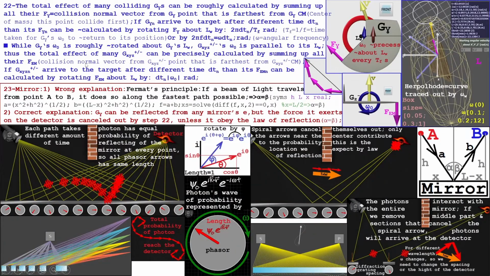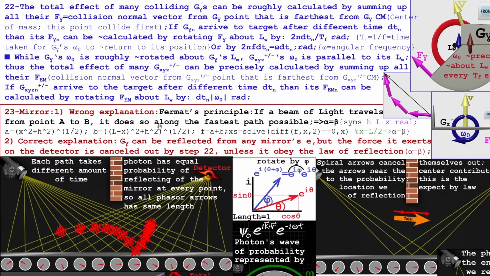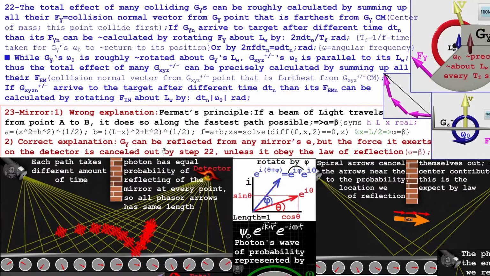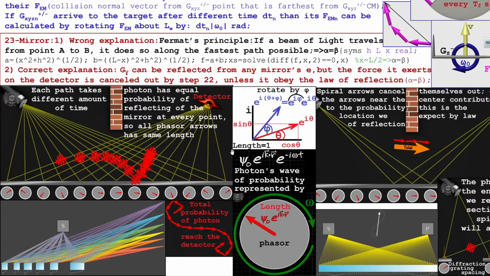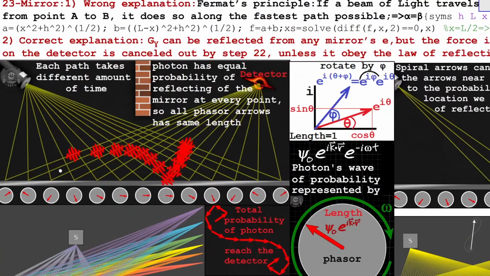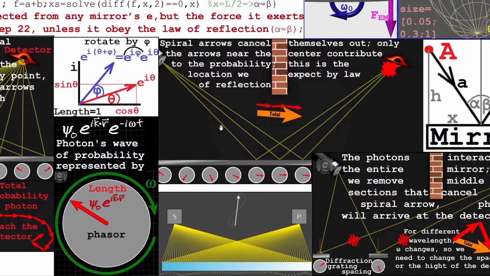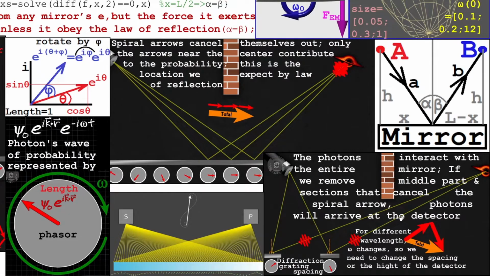Because each photon travels at the speed of light, we can calculate its travel time duration, dt, and then its exerted force direction, by rotating the initial exerted force about the photon angular momentum by the product of dt and 2 pi over t sub f radians. We can use this technique to prove the law of reflection, but also to prove diffraction grating, and any other